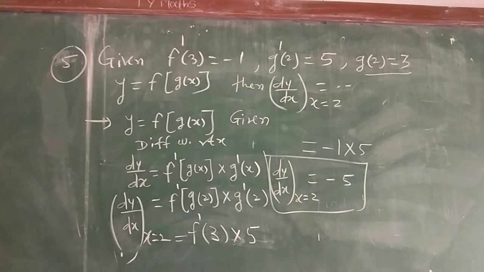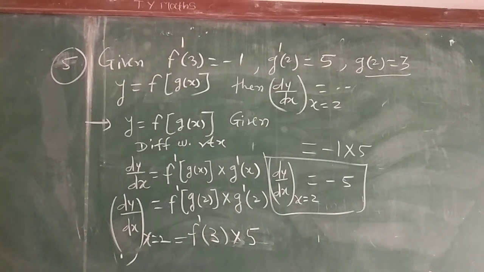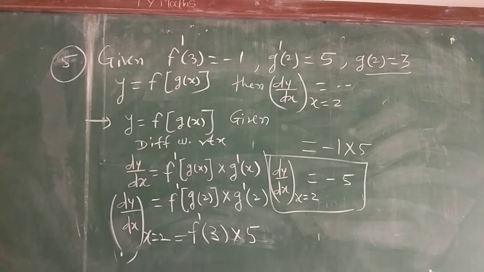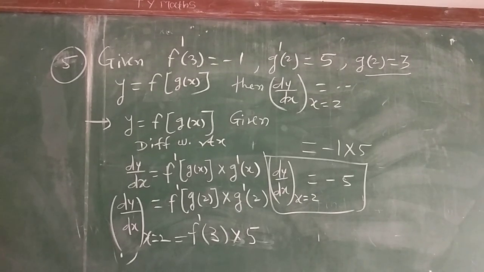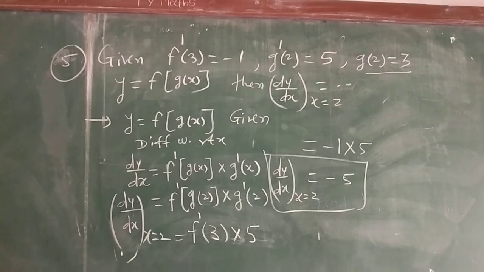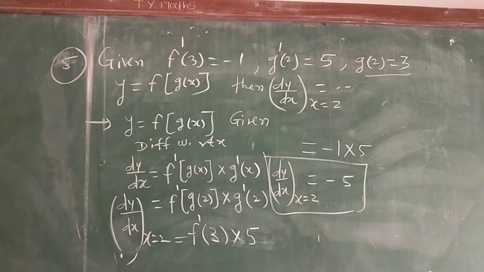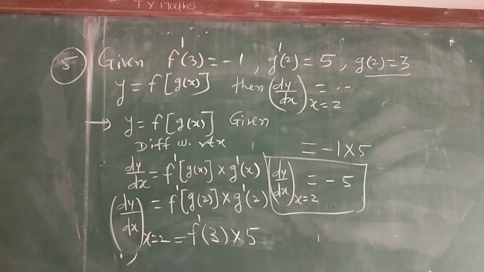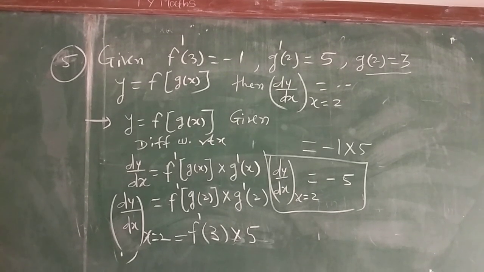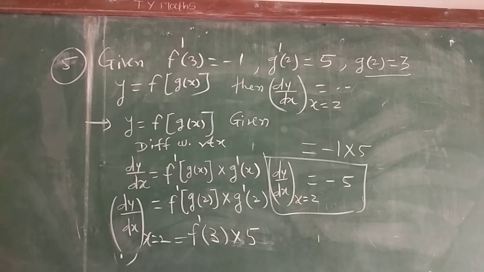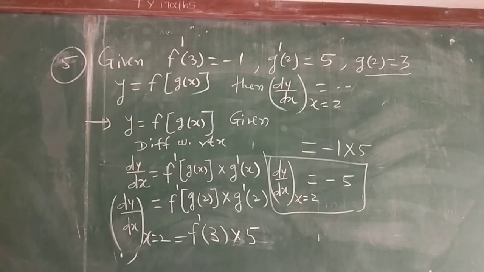See and write in your notebook. Given f dash 3 equal to minus 1, g dash 2 equal to 5. Differentiating with respect to x. See and write in your notebook. That is question number